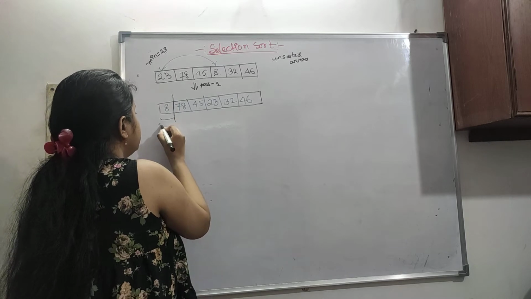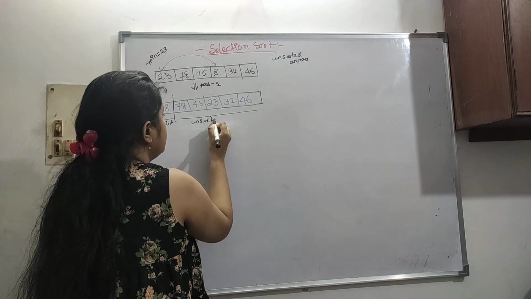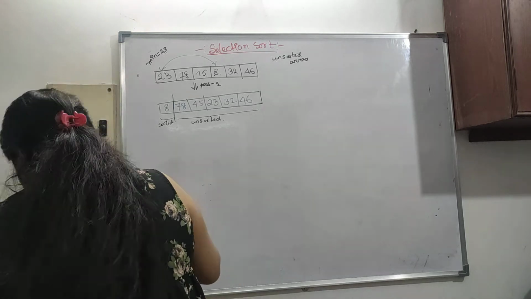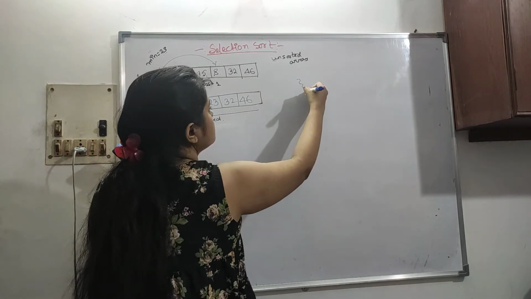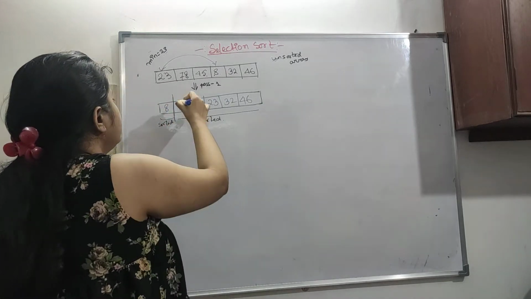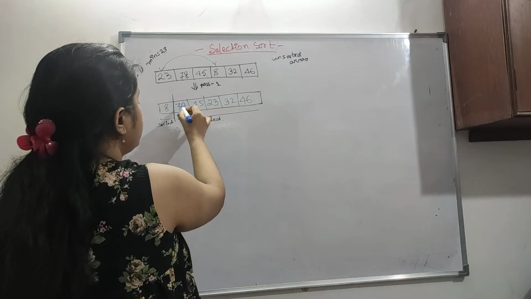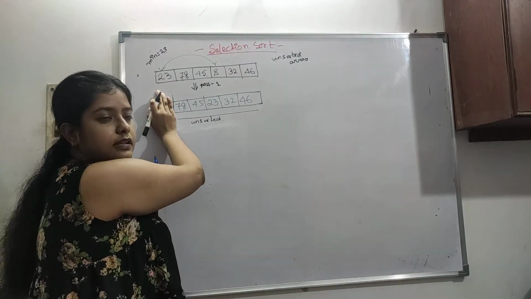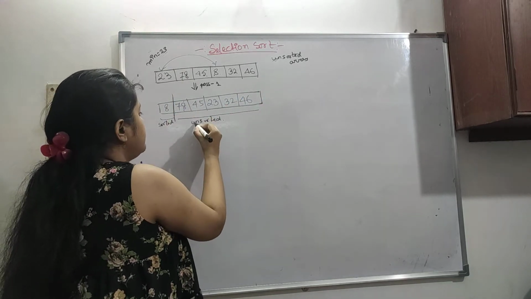So up till here is, let's say, sorted, and all these are unsorted. Now next we have to check which is our minimum element among these. Let's say this 78 is our minimum element. Now again we have to check which among these is our actual minimum element. You don't have to look at this. Let's say this is broken into two arrays: this is the sorted array and this is the unsorted part. So 8, after, let's say, pass 2.